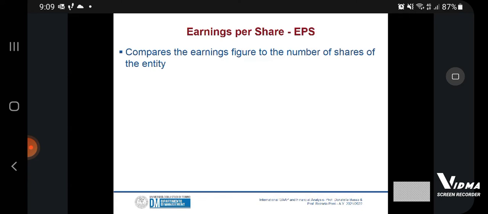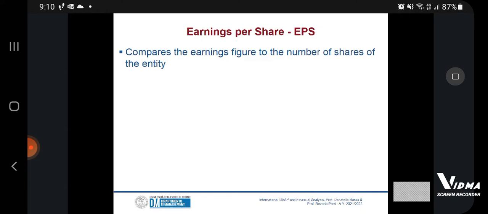So earnings per share should compare a figure of earnings that is attributable and available to the common shareholders. Gross profit is not the right indicator, neither is EBIT or earnings after taxes, but actually we usually take into consideration the figure of earnings after having distributed also the preferred dividend. This is the last item, probably, of the income statement that is available to the common shareholder. So after I have paid for every expenditure, and even after paying for the preferred dividend,